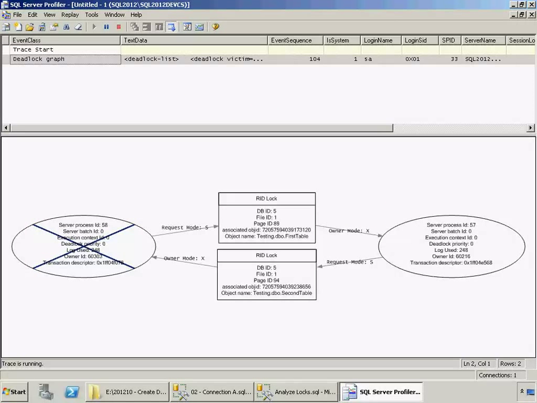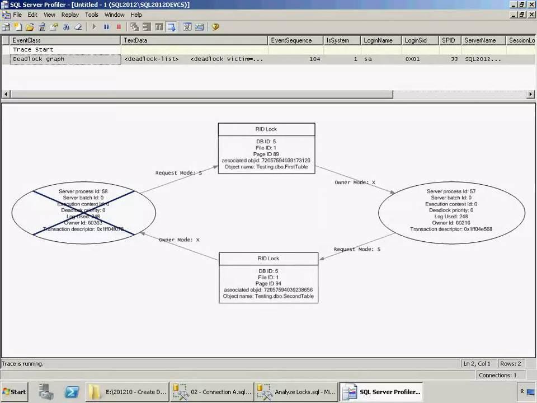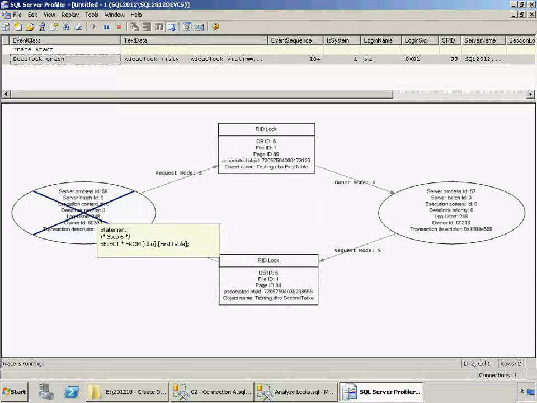Now, sorry it's a little small, but you can see that this one here, our select from first table, was killed by the blue X, and you can see the other process here. The square boxes show us the resources that were requested by both and how they were requested.